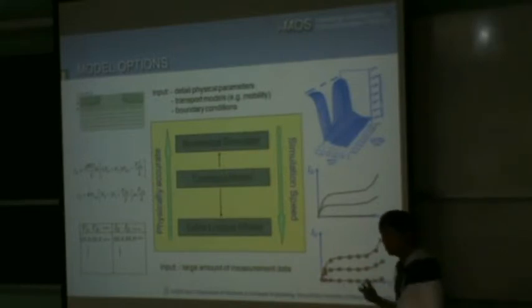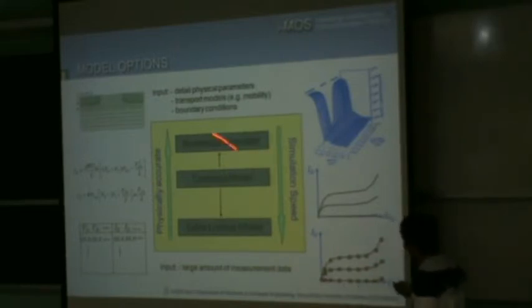So you have a numerical simulator at the end. And the input is a structure, boundary conditions, etc. And then you get the IV. And this approach is the most accurate because if you know the structure of the device, you can really draw the structure out. And then what you simulate will represent the real device in that case.